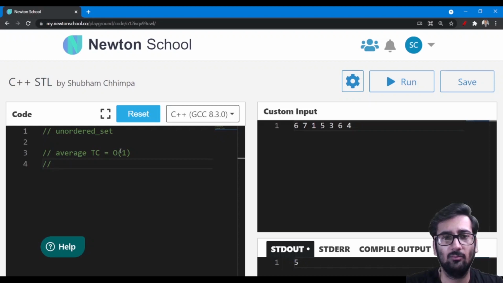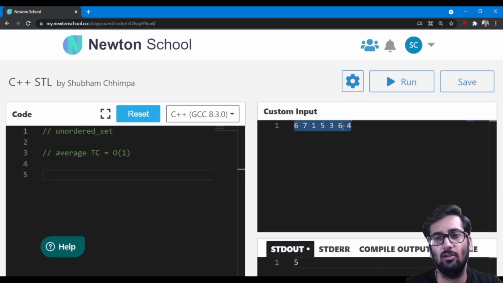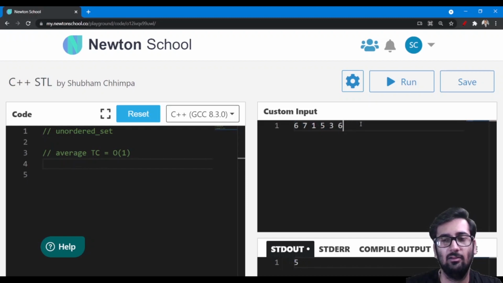It is used to store some values. Let's first take some values and store them. For example, for an unordered set, we have 6 values, and we have to store 5, 5, 6, 6 and 4, 3 to 5 and also 3.